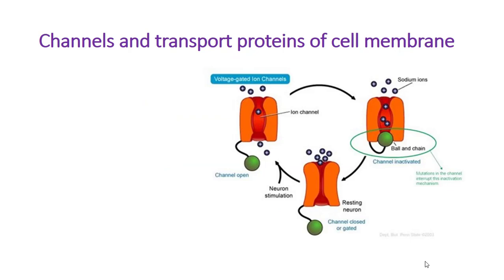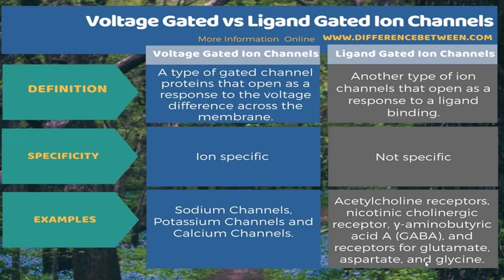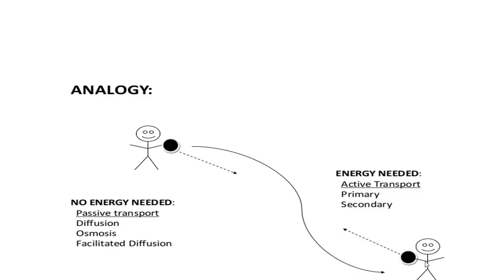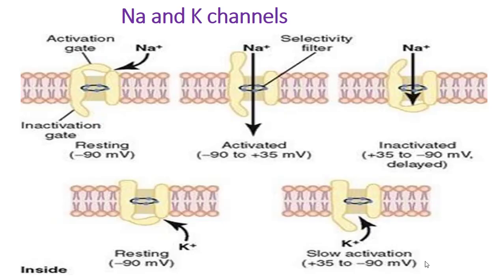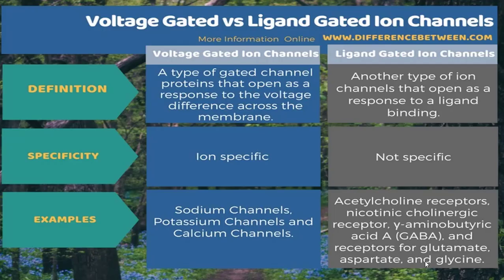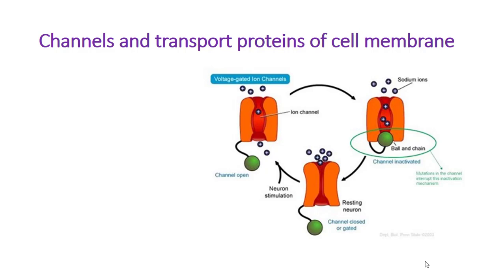Now we are going to see different types of channels and the transport proteins of the cells. I will go into the detail of this slide later on. So, different types of channels. What are those channels? We have got different types of channels, for example sodium channels and protein channels. First of all, these channels are made up of channel proteins. Here you can see the reddish area. These are the channel proteins, or integral proteins in which there is a hole. This is known as a channel protein.